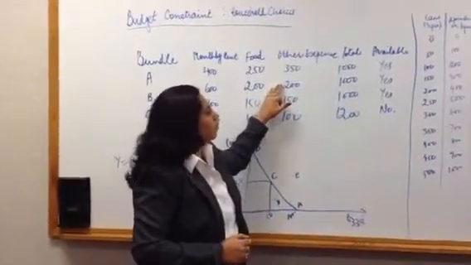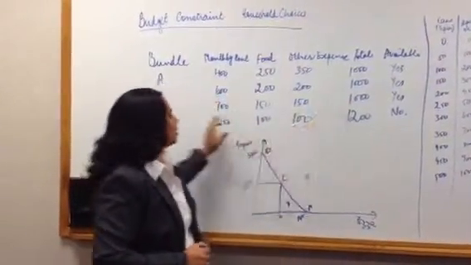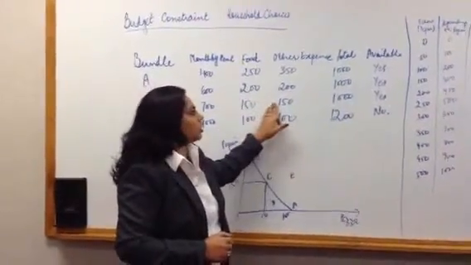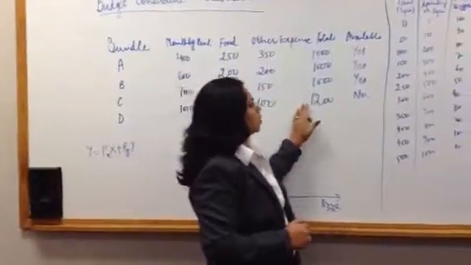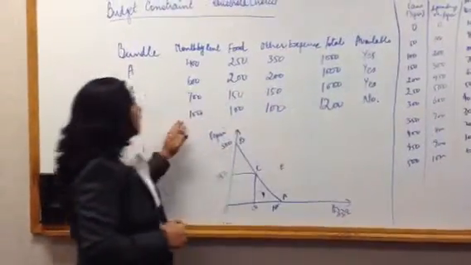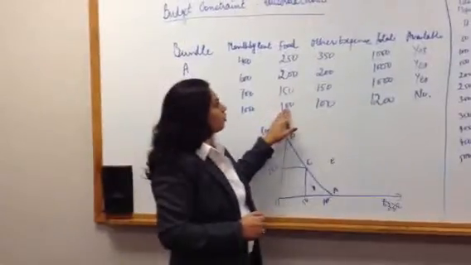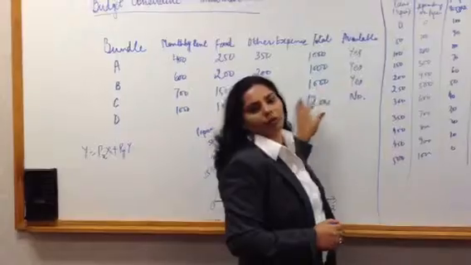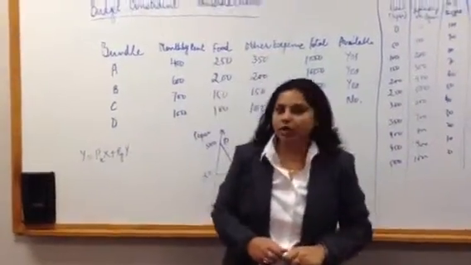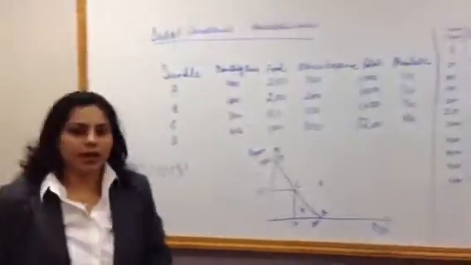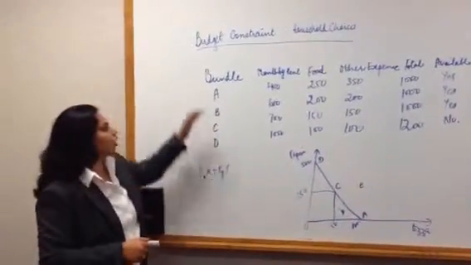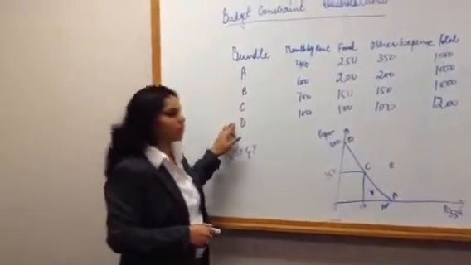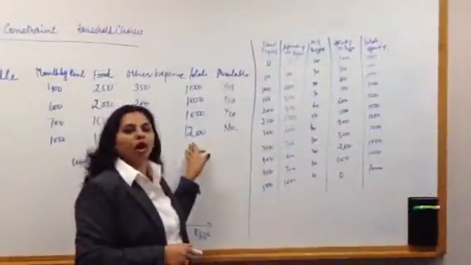for other expenses. Similarly with bundle C, the 1000 can be spent on 700 for monthly rent, 150 on food and 150 on other expenses. The last bundle shows that if she spends 1000 on monthly rent, 100 on food, and 100 on other expenses, then she will need a total of 1200 and not 1000. That means if we take a look at this table, it is quite clear that she can spend on these three bundles, but bundle D does not exist because then she would have to spend 1200 although her income